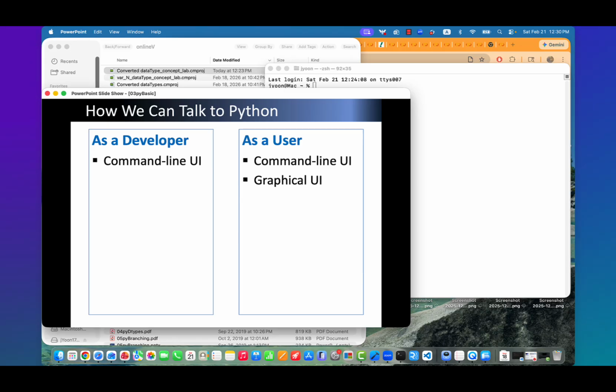There are two players in computer programming. So you can play as a developer or you can play as a user. As a developer,